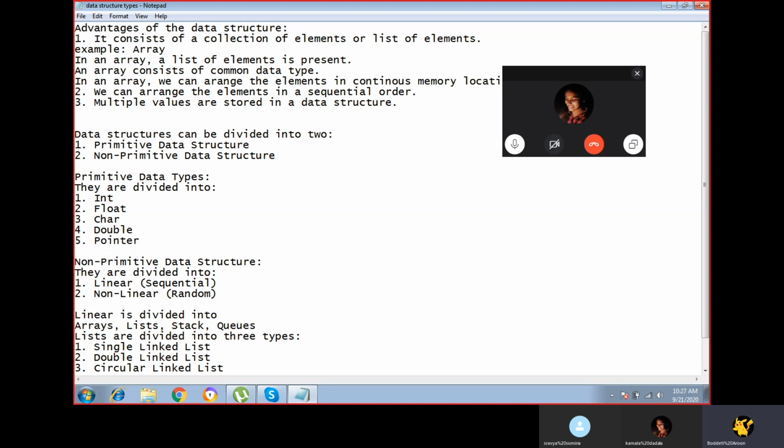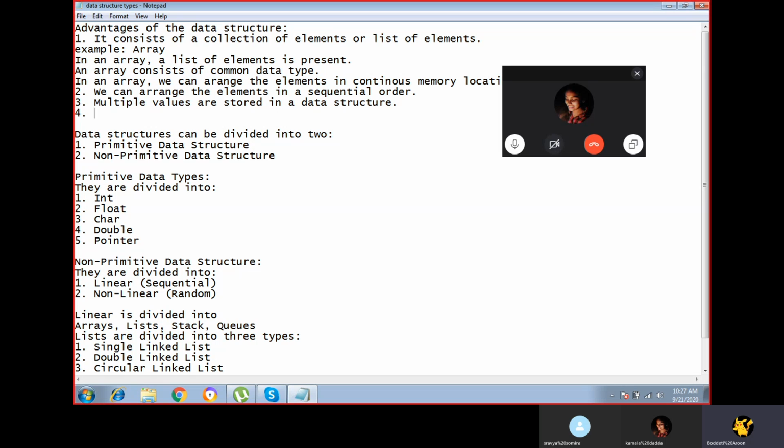Instead of storing a single value, we'll be storing multiple values in a data structure. We'll be storing more than one value.